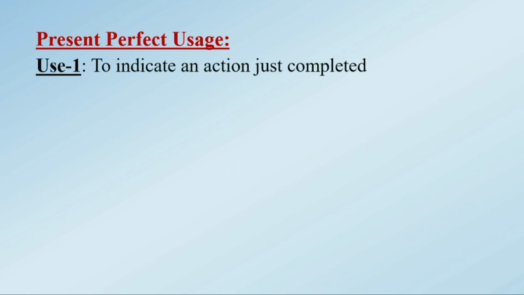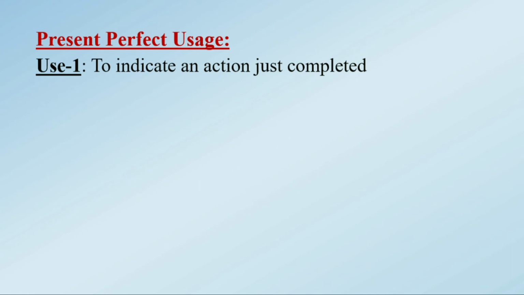Next, you have to learn the usage properly. After learning the structure, you have to practice the use. Then only it will get completeness, a complete form. This present perfect is used to express a sort of completed actions. What sort of actions? Just completed actions. Just completed means completed a few minutes ago, just before our eyes. But completed, that is, not going on.